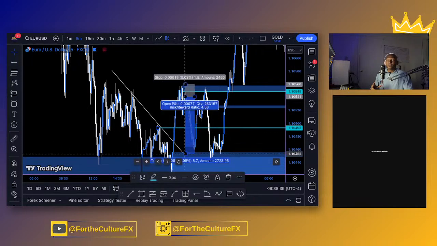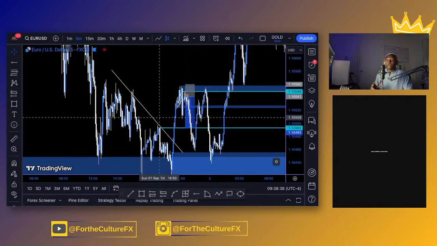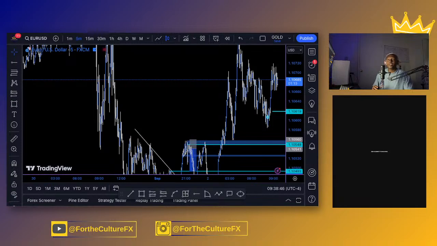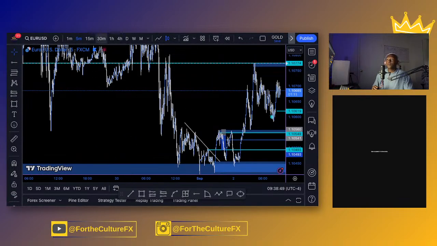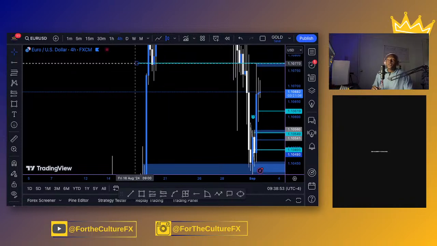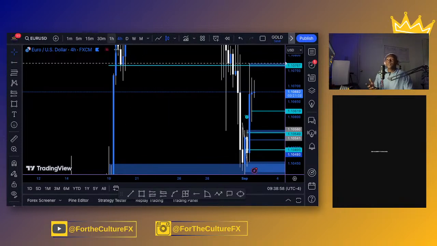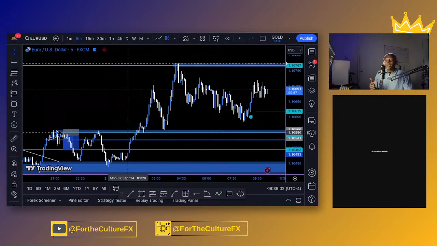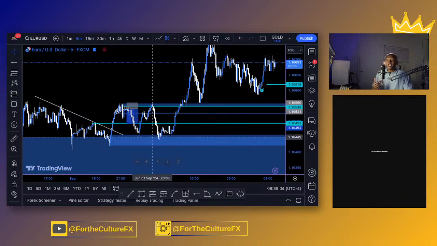And I likely would have just taken profits here at this resistance instead of trying to milk this all the way down to the demand zone, because the overall larger time frame was bullish and we were anticipating price to come back up to this level of resistance. We've got to look at it on a 4-hour time frame. To this level of resistance here, and price did in fact go up after rejecting off of that demand zone, but I wasn't able to take the entry to scale into this larger time frame bullish position